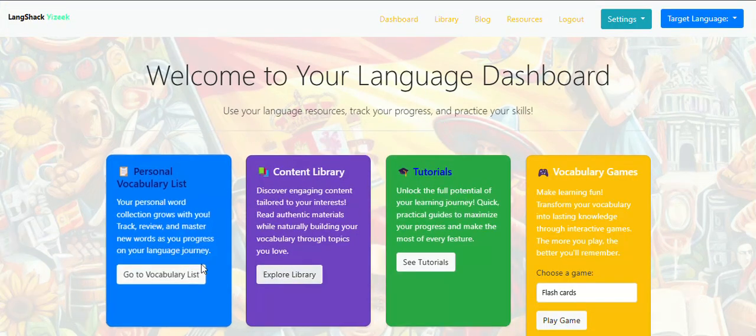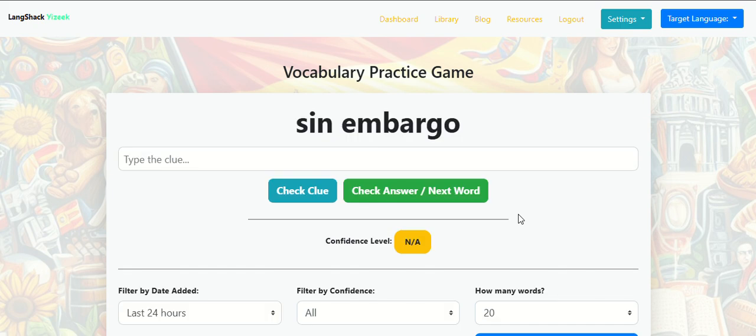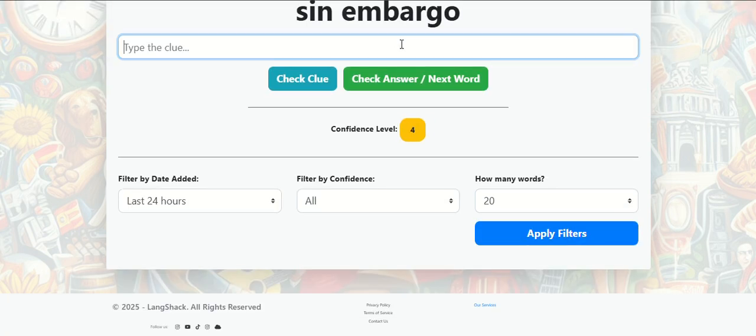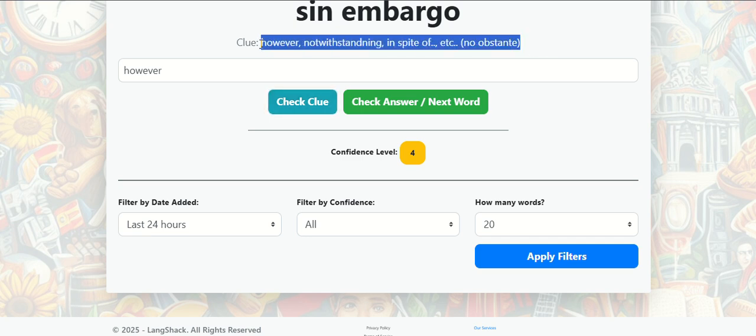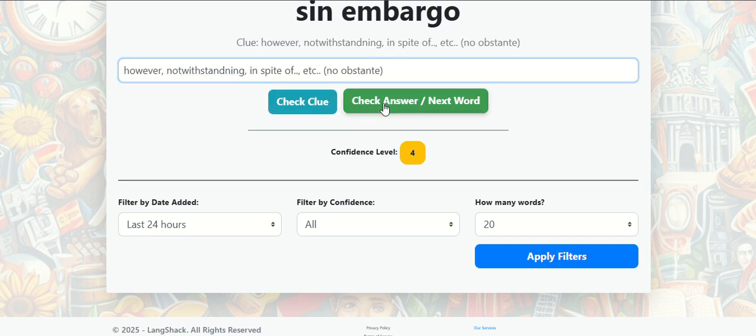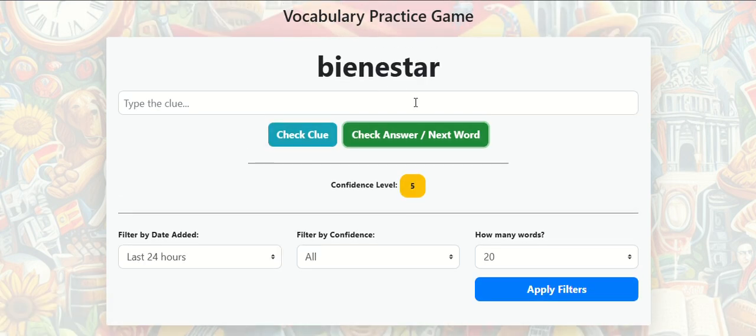We even have flashcard bins as well. And then there's just a general vocab guessing game. I use this a lot. So I might just say however, and I can check the clue and it has everything in there. So if you really don't want to get it wrong, you can post in there and voila, you got it correct. And it's the same thing, being a star,